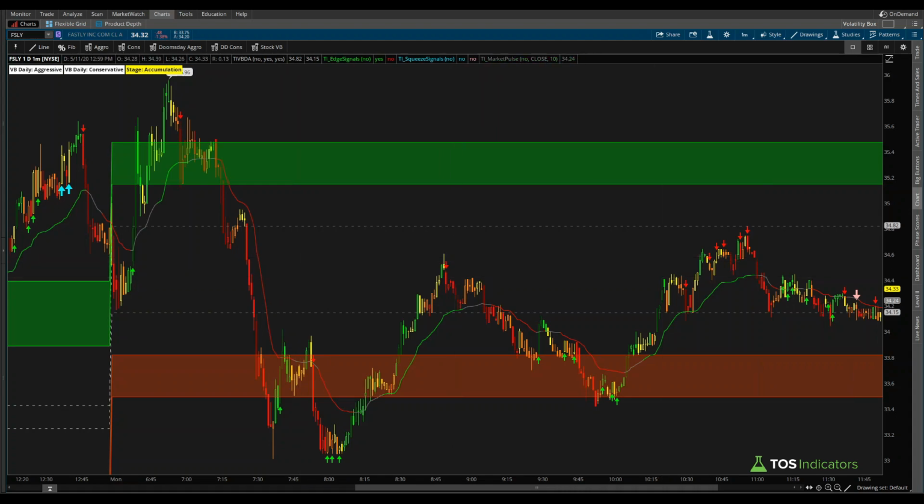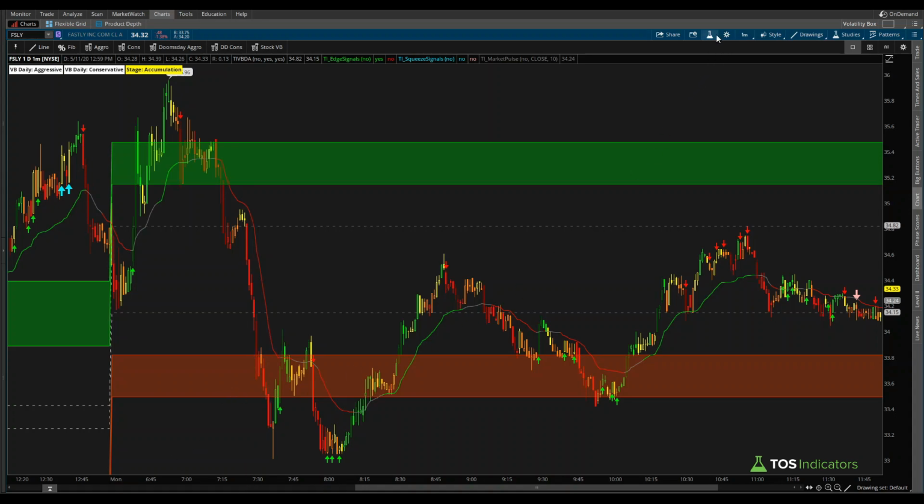But that's where we had the first indication that FSLY is something we want to be looking at. So once price hits our aggressive volatility box clouds right here, we're then looking for an edge signal. Now, we didn't get one on our 1 minute chart until price breached outside of the volatility box clouds, which then became your indication that, hey, we should be switching over to a more conservative model to try and